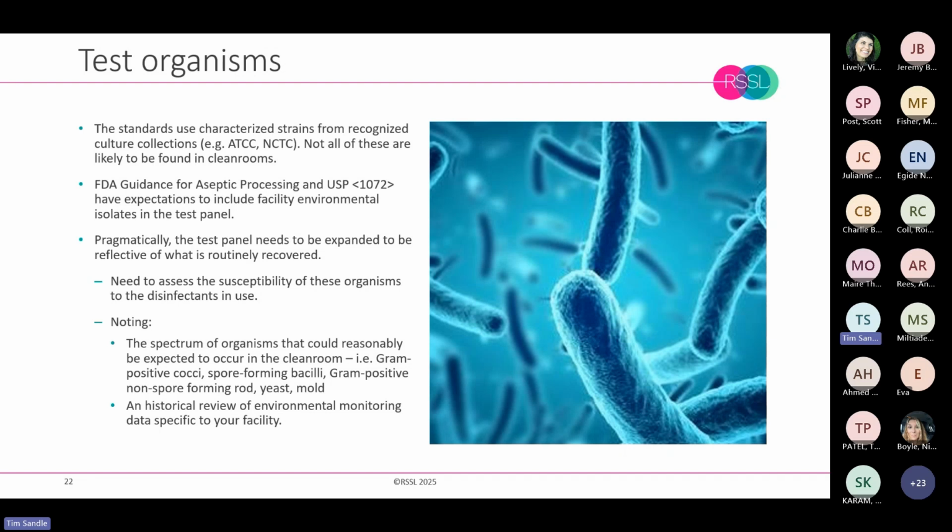So regulators like to see the inclusion of environmental isolates. This is partly under, in my view, a misbelief that these organisms are somehow more resistant than laboratory cultures, and maybe they are in the clean room, but there's no proven way to replicate that resistance once they're in the laboratory. But however that's done, the panel often needs to be expanded so it is representative of what you're commonly